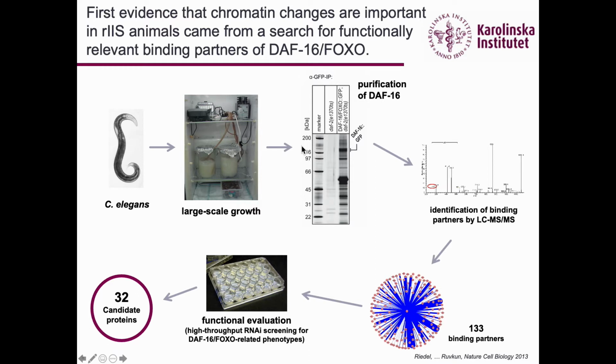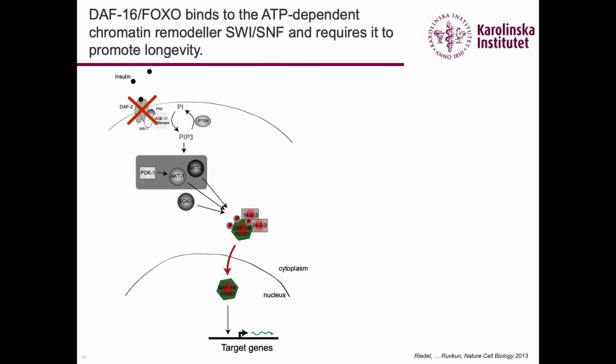So we were namely looking for factors that might help this transcription factor to turn on its target genes. And so what we did was to grow C. elegans to large scale. Then we immunoprecipitated the transcription factor from these animals and looked by mass spectrometry for proteins that would co-purify with DAF16, identified more than 130 of those, and then screened by RNAi through all these factors to look for factors that would not only bind to DAF16 but also be important for DAF16 to fulfill its physiological roles. In the end, we found about 32 such candidate proteins, and while not all of them were related